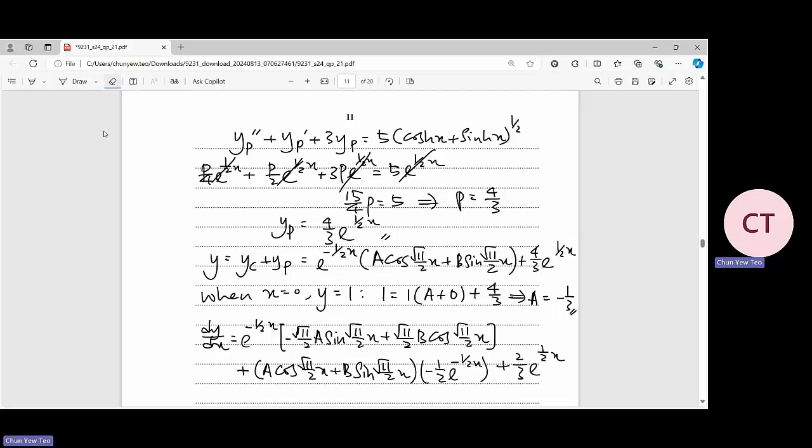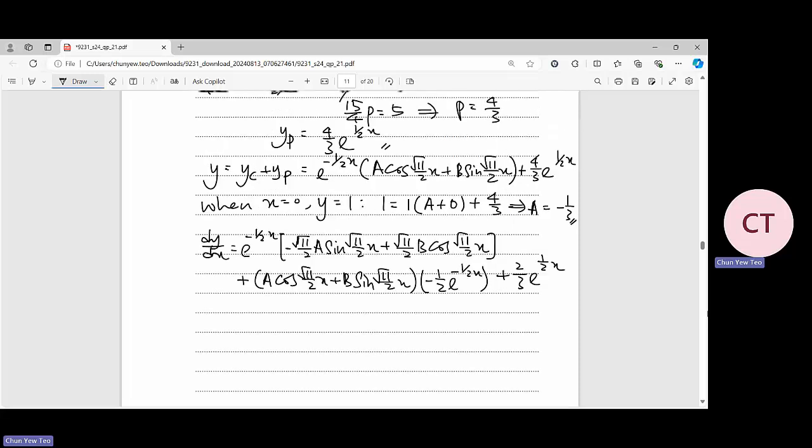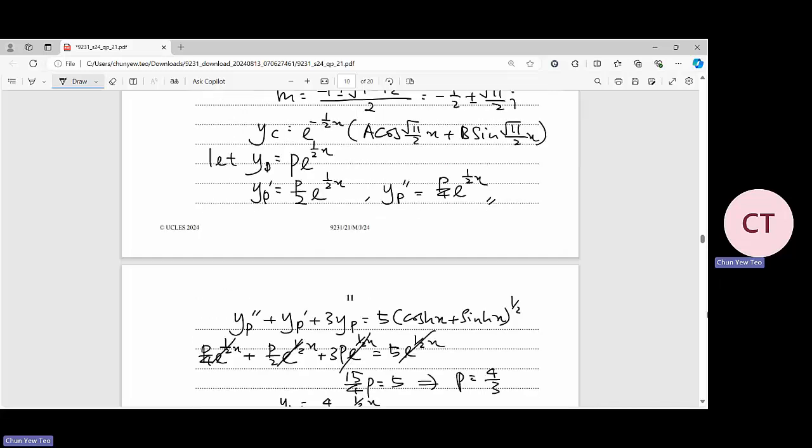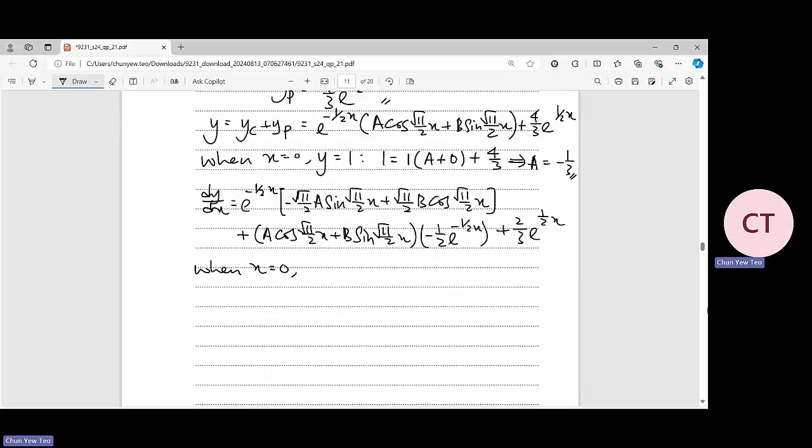Luckily, we just need to do until the first derivative, no need to do the second derivative. So I don't plan to simplify them anymore. I just need to substitute the initial value. When x equals 0, what will be your dy/dx? Your dy/dx is 4 over 3. So from here, just change it to become 4 over 3 is equal to